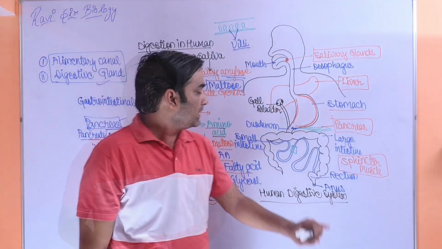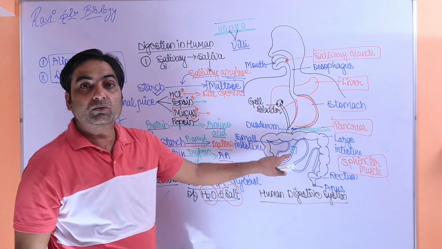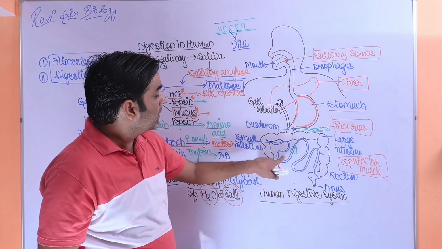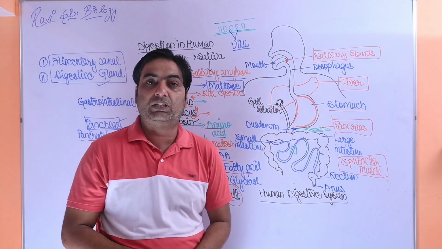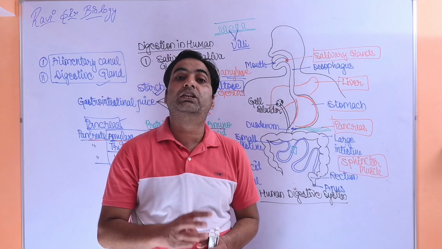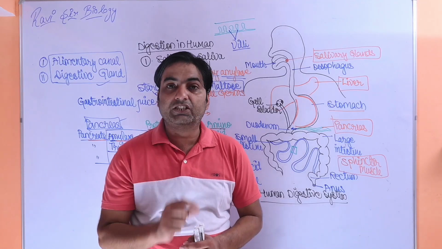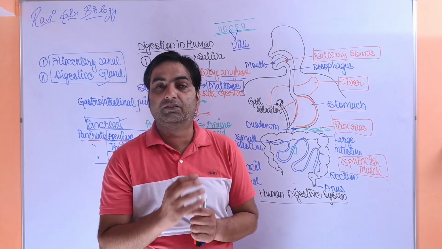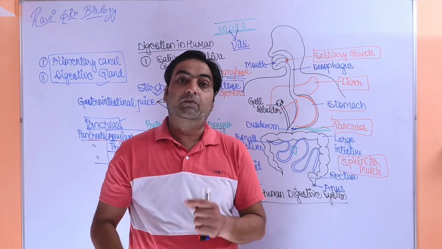उसके बाद फूड आता है स्मॉल इंटेस्टाइन में। ऐसा माना जाता है कि स्मॉल इंटेस्टाइन में डाइजेशन कंप्लीट हो जाता है और एब्जॉर्प्शन होता है। अब बोर्ड का एक क्वेश्चन होता है कि स्मॉल इंटेस्टाइन में ही एब्जॉर्प्शन क्यों होता है, क्योंकि स्मॉल इंटेस्टाइन में 2-3 कंडीशंस होते हैं। उसमें विलाई होता है जो सरफेस एरिया को इंक्रीज कर देता है, जिसकी वजह से एब्जॉर्प्शन ज्यादा होता है।